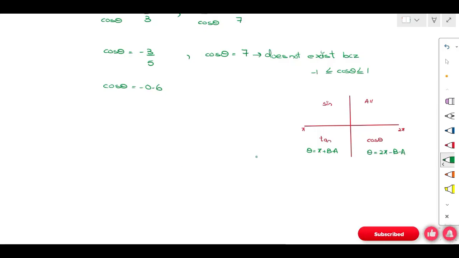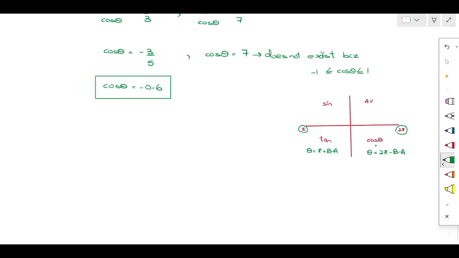So first we need to solve for the base angle, and the cos is negative in this equation. Cos is negative in the second and third quadrant, but according to the given range, theta must lie between pi and 2 pi, which means theta should be in the third and fourth quadrant. In the third quadrant cos is negative, in the fourth quadrant cos is positive. So we are only dealing with the value of the third quadrant, right? Let me solve the base angle first.